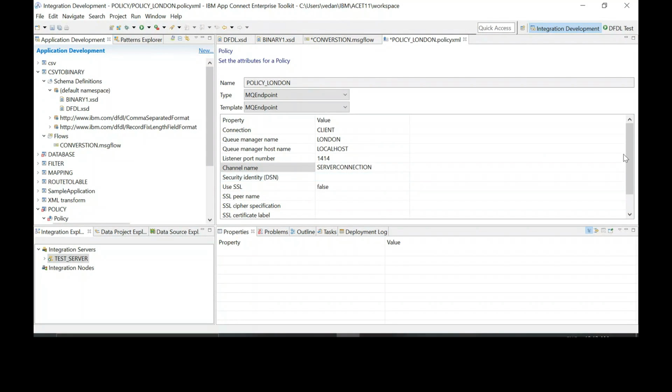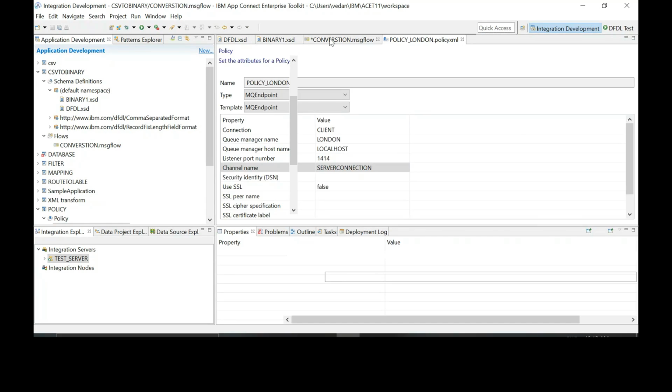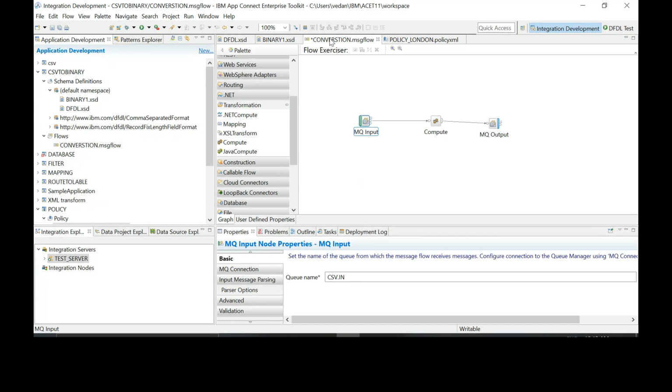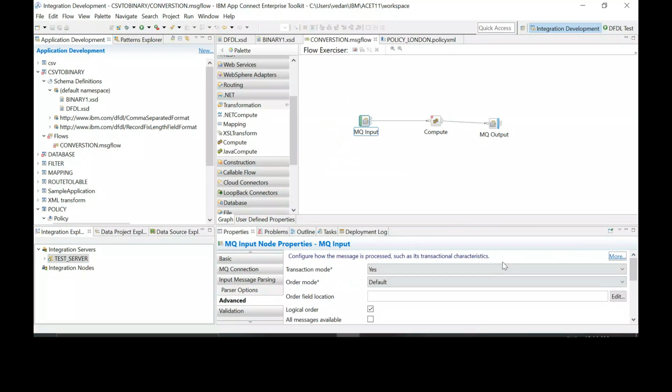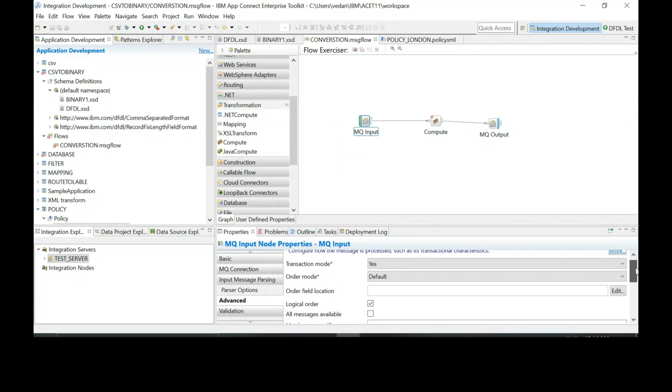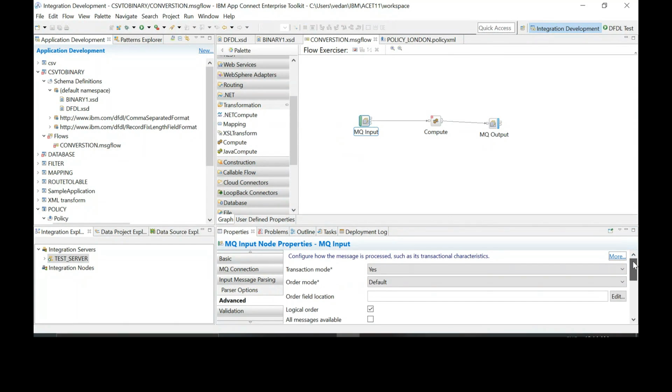Come back to the CSV to binary project. Go to the message flow. Click on MQ input and go to advanced option. Instead of local queue manager, click on basic, sorry.